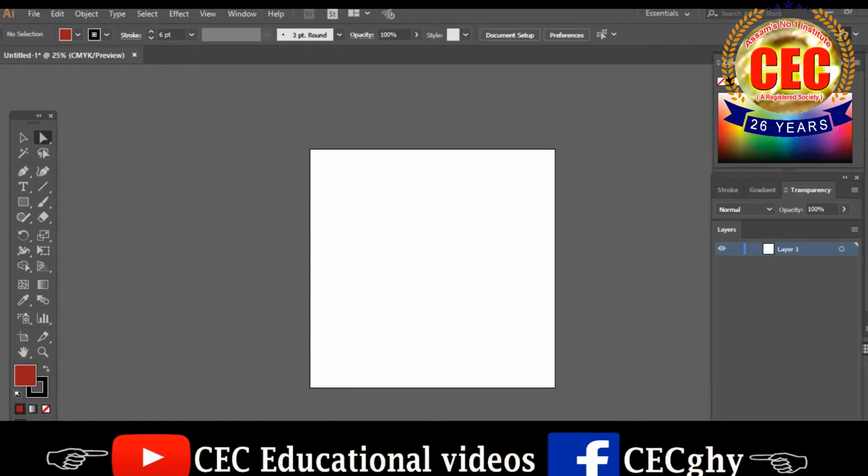So once you have Illustrator open, you can press Ctrl N to create a new document. Otherwise, you can press Ctrl S to save a document, Ctrl Shift S to save as, or Ctrl O to open a document. Once you are in a new document, you can also hold spacebar and click and drag to pan around. You can also press Ctrl minus to zoom out and Ctrl plus to zoom back in.